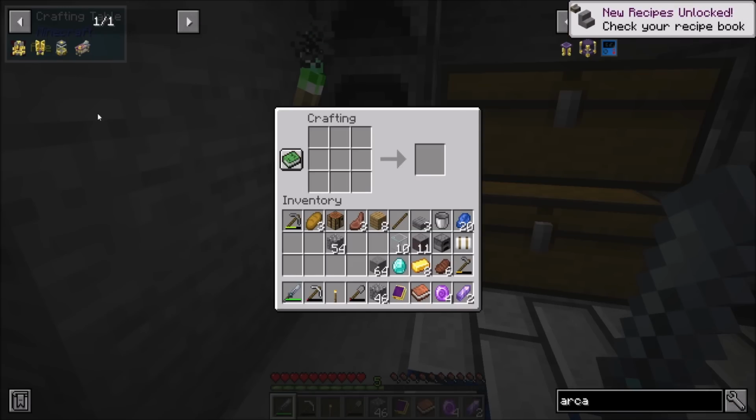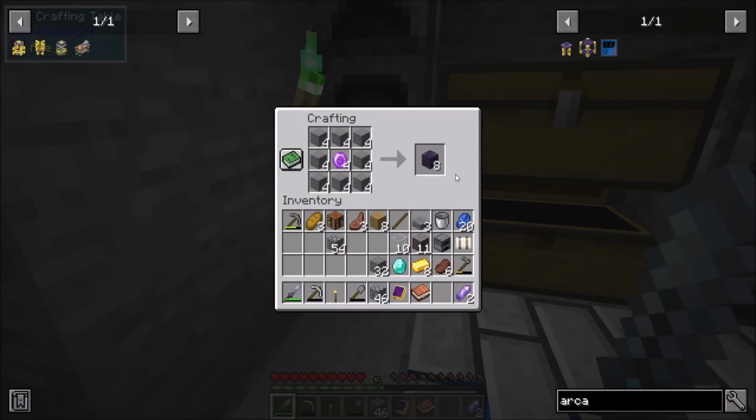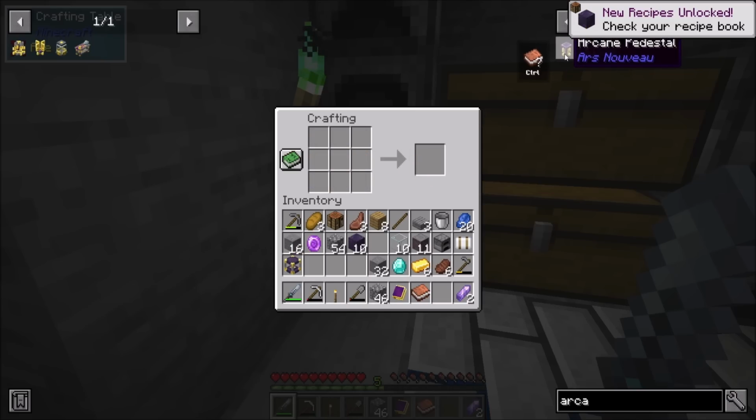I'm stealing some of your stone, Soaryn. I'm stealing some of your smooth stone. Okay. I figured that wasn't a big deal. No. I started to make sure the arcane core stone was working. It's like, oh yeah, well, we have some. I need